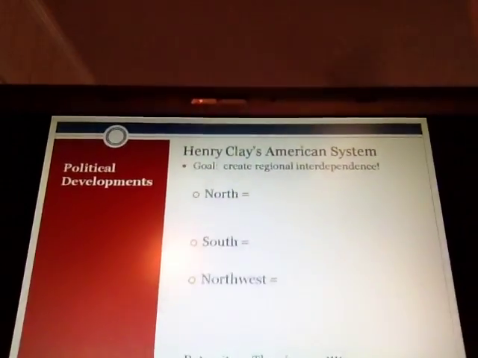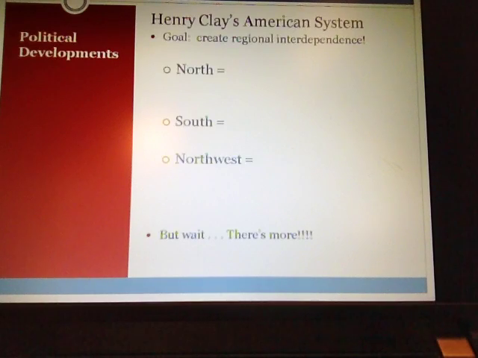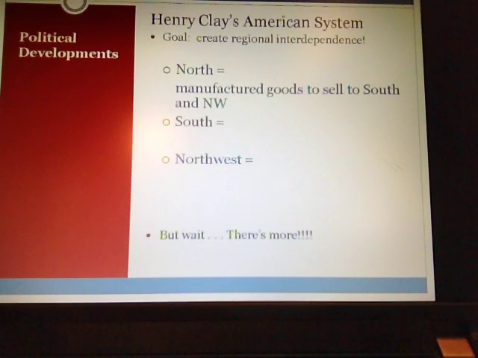And so that's what Henry Clay is trying to establish. He's trying to say, hey, let's make the regions of the country need each other so much that they couldn't think of breaking up, okay? And so the question is, what exactly is each region of the country going to be doing that is so important and necessary for the other regions of the country? Well, as you can imagine, the North is going to be engaged in manufacturing goods. They're going to make stuff to sell to the South and to the Northwest because they have the manufacturing base, the textiles, the rivers that help support the textile mills, and the labor force in urban areas or nearby urban areas